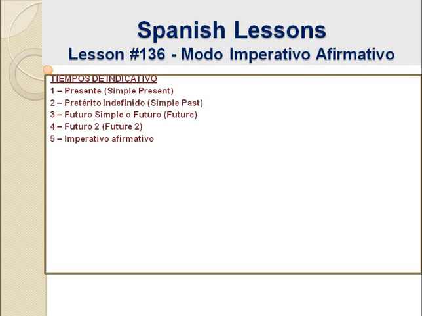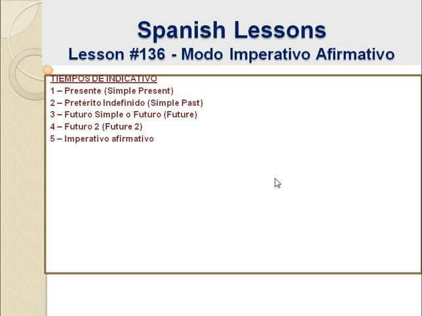Hi there, this is our lesson 136, and in this class I will show you the modo imperativo afirmativo, that is the imperative tense in the affirmative. Why? Because in Spanish there are some differences between the imperative in the affirmative and the imperative in the negative, right? Mainly for the second person of the singular and the second person of the plural, that is for you singular and you plural. In the imperative, the conjugation changes for the affirmative and the negative in these two subject